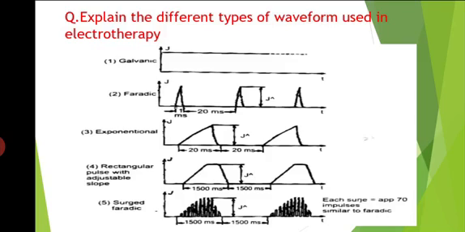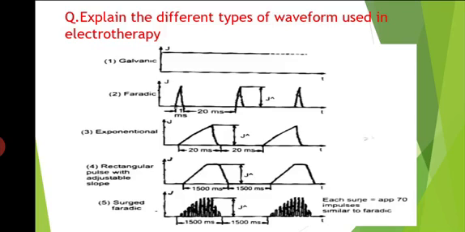Next is the surging current. If the peak current intensity applied to the patient increases and decreases rhythmically, and the rate of increase and decrease of the peak amplitude is slow, the resulting shape of the current waveform is called a surging current, mainly used in the treatment of functional paralysis. The surge rate is 6 to 60 surges per minute. The duration of surging is adjustable. It is also used in the treatment of pain and spasms.